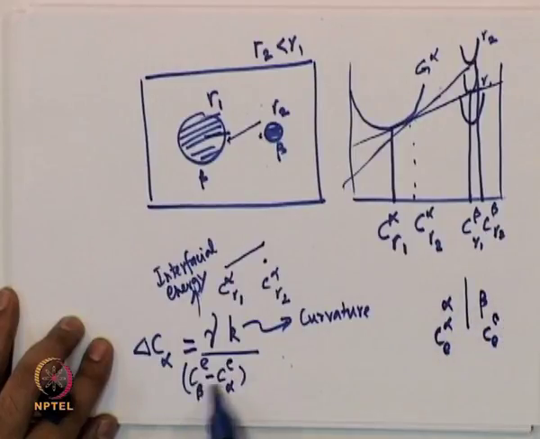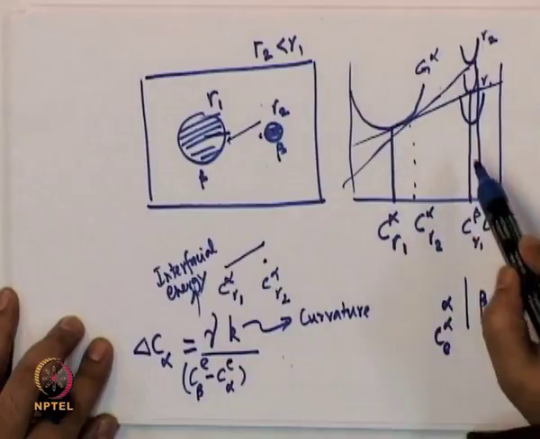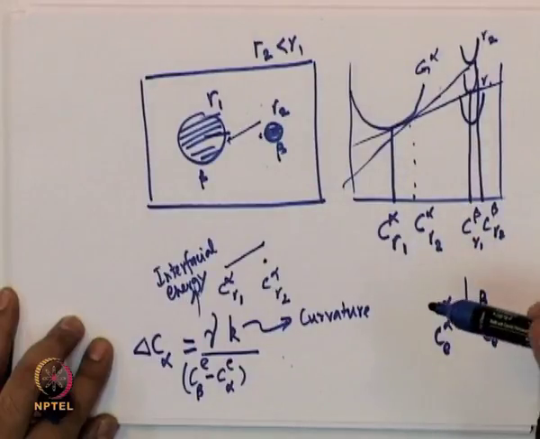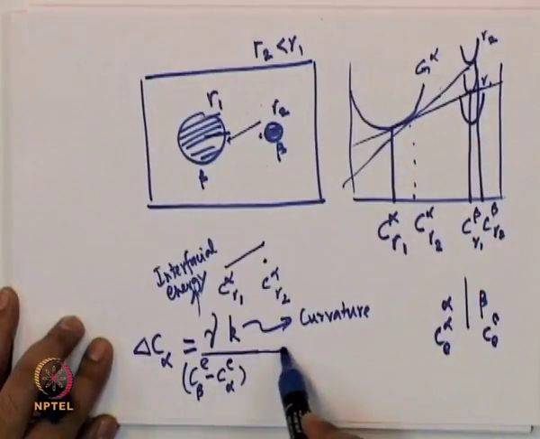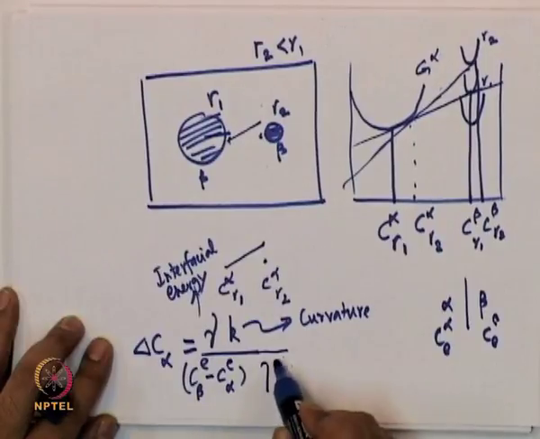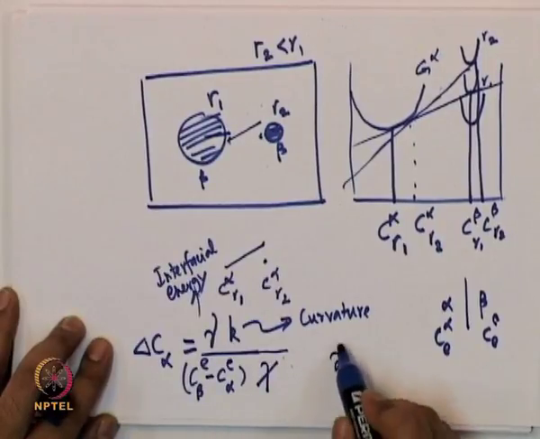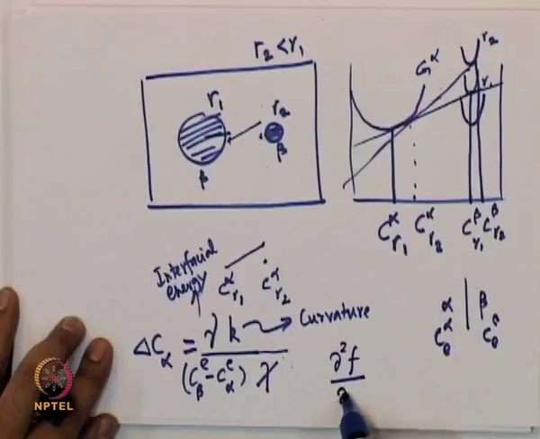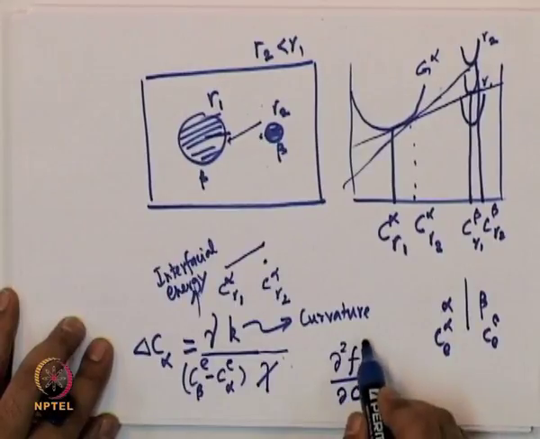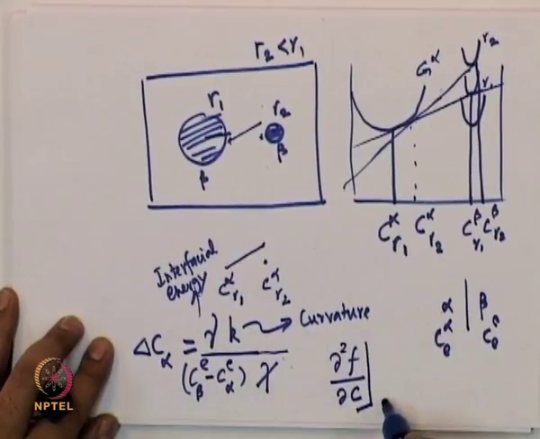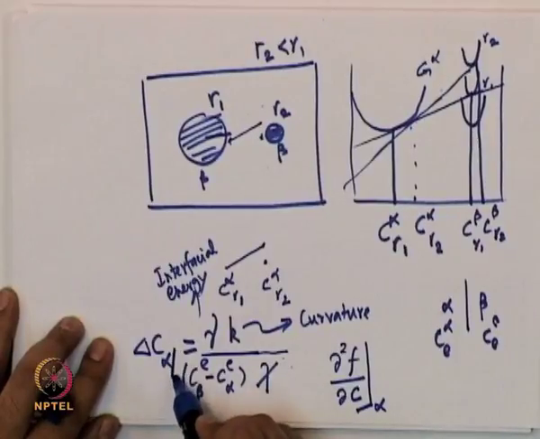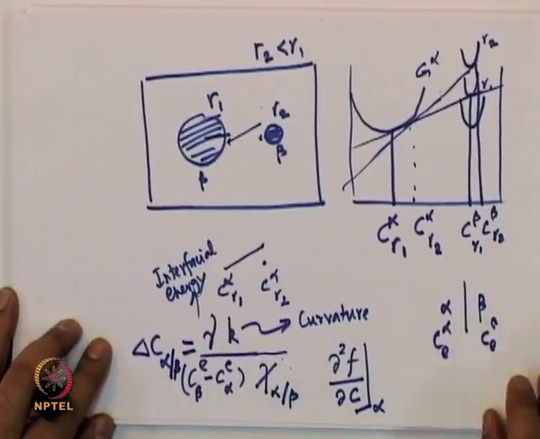So, this is basically what the phase diagram gives, because the phase diagram generally does not include the interfacial energy contribution. So, this is times a quantity called chi, which is nothing but the second derivative of free energy with respect to the composition at alpha in this case, and if you want it for beta, then you have to calculate at beta. Okay. So, now let us consider a case.